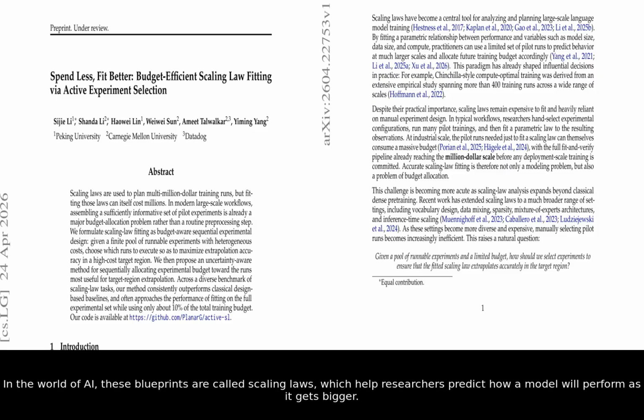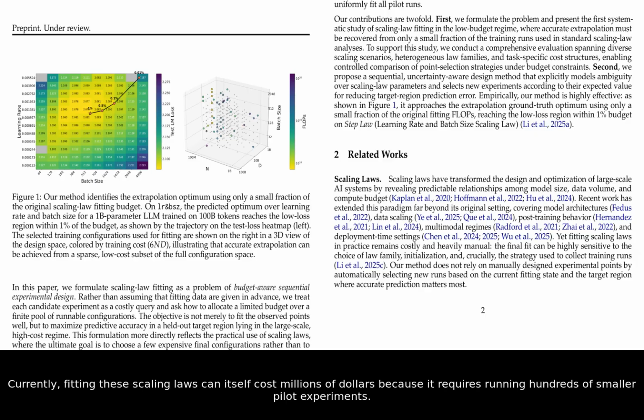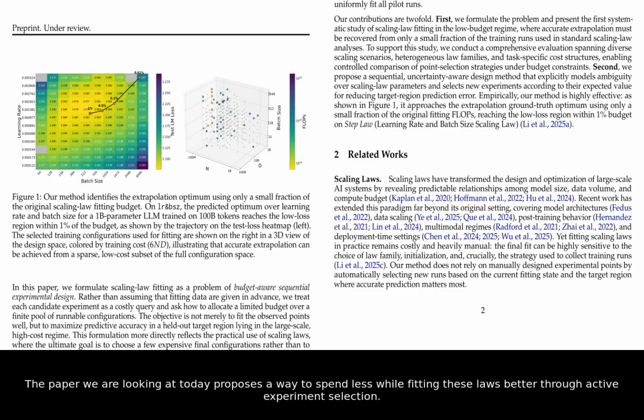In the world of AI, these blueprints are called scaling laws, which help researchers predict how a model will perform as it gets bigger. However, creating these blueprints has become a massive budget allocation problem rather than just a simple first step. Currently, fitting these scaling laws can itself cost millions of dollars because it requires running hundreds of smaller pilot experiments. The paper we are looking at today proposes a way to spend less while fitting these laws better